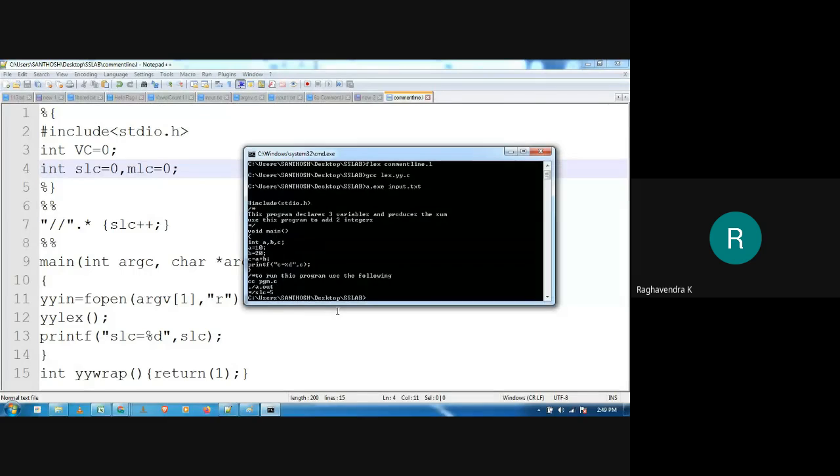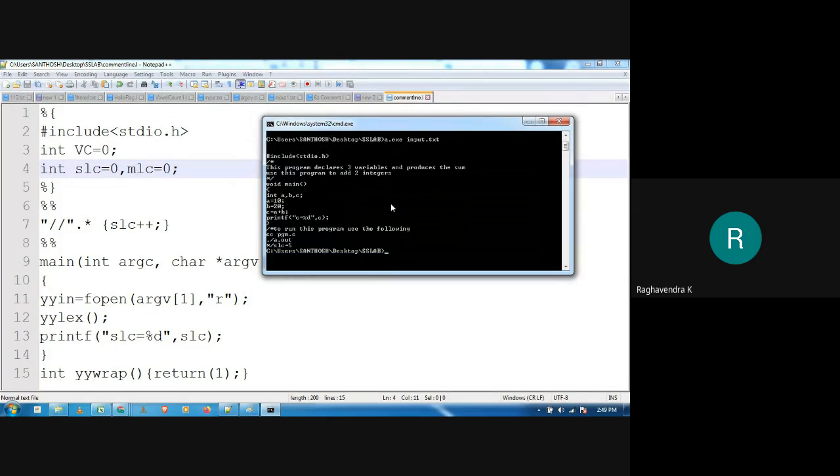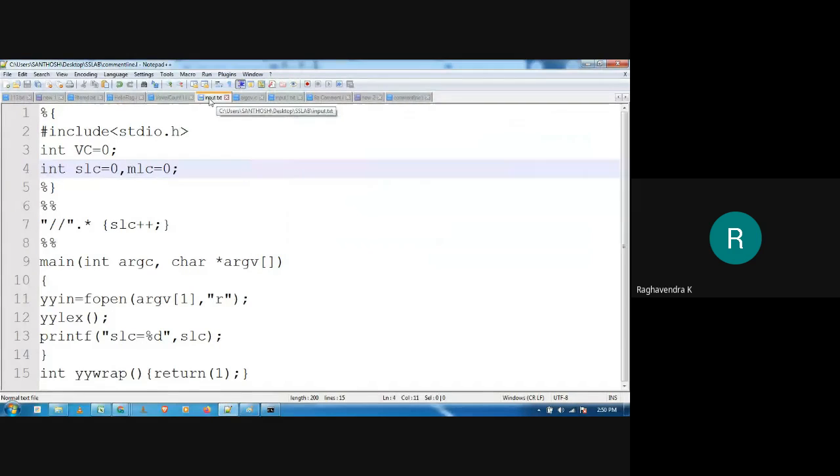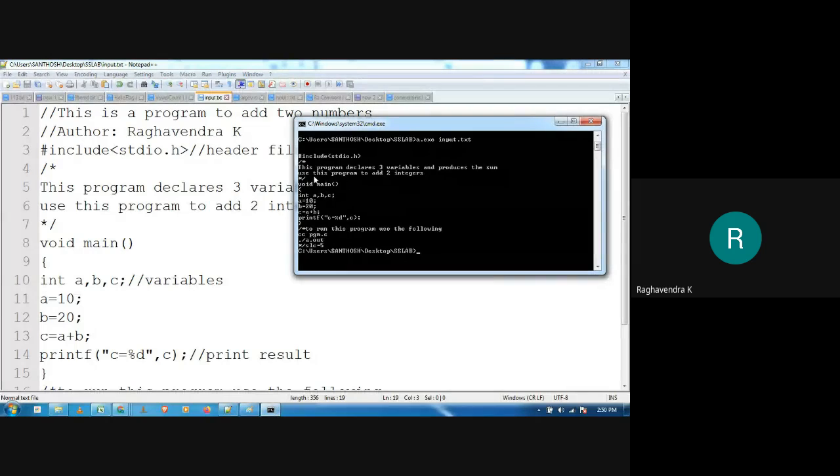But if you observe what has happened, I'll show you the input first. That is input.txt, right? So you can observe this is the output that I've got, and the single line comments are completely gone from the program. So only multi-line comment is remaining because I have not written any code or regular expression for that. It is saying that SLC count is equal to 5.